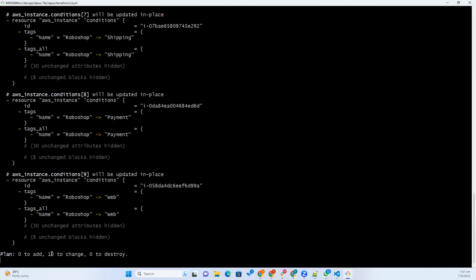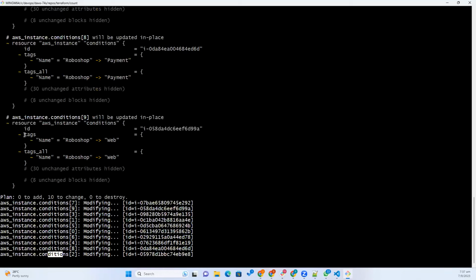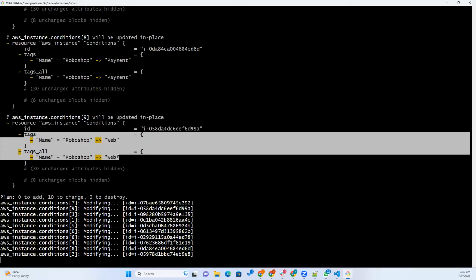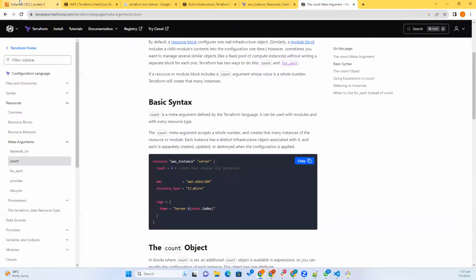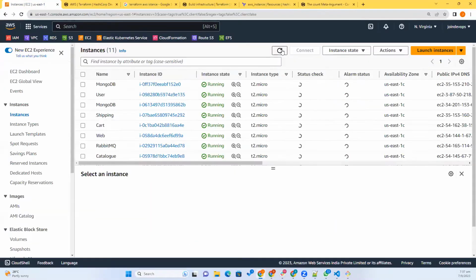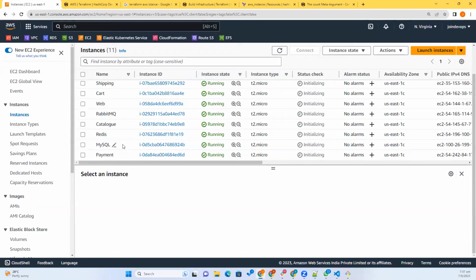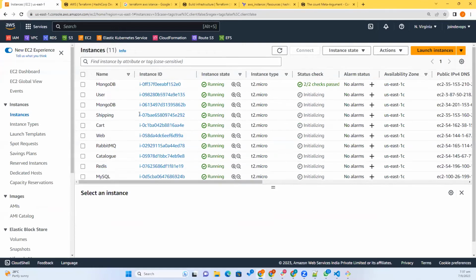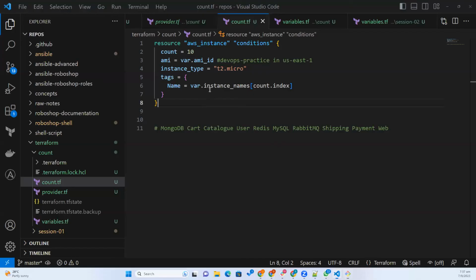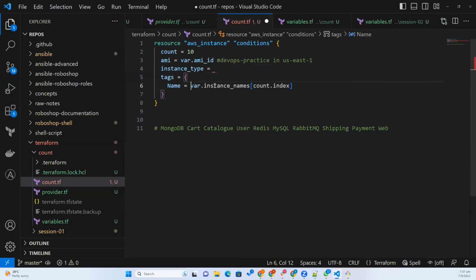Okay, now you can see 10 resources are getting changed. What are the changes here? Tags are getting changed. Now you can just check here. Okay, names are set. Now we have another thing. So if it is MongoDB, it should be t3.medium, or if it is MySQL, it should be t3.medium. So now let us implement that as well here. Instance type. Okay. So where dot instance name of count dot index is equal to